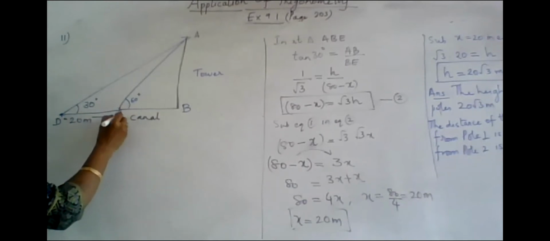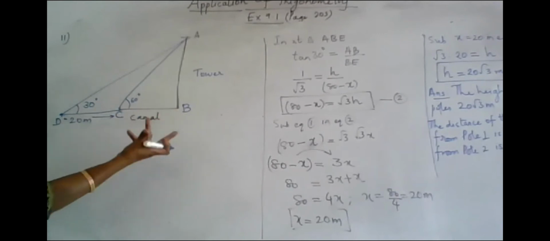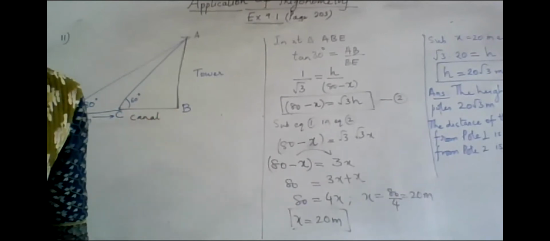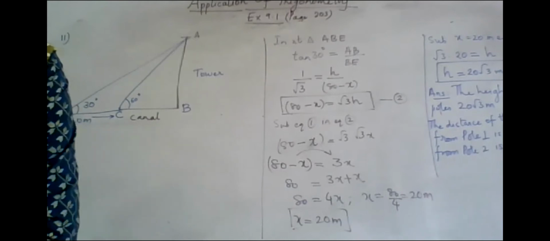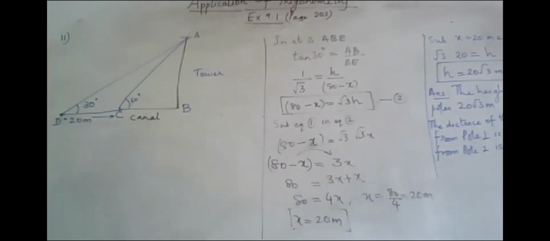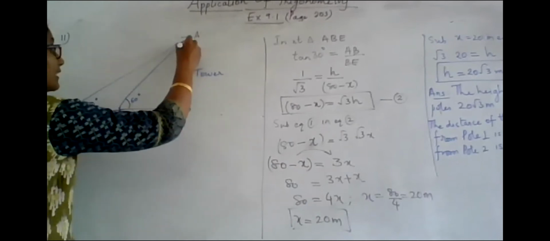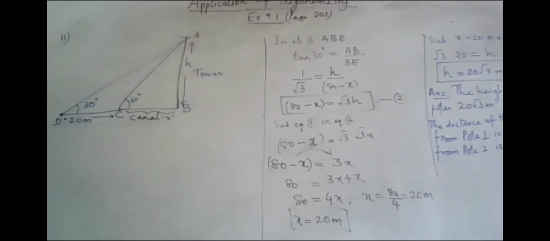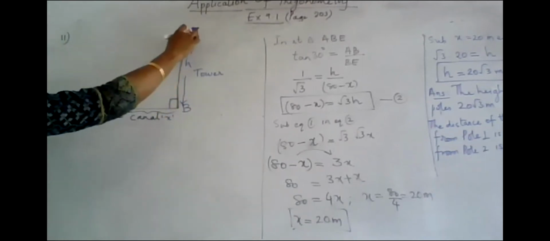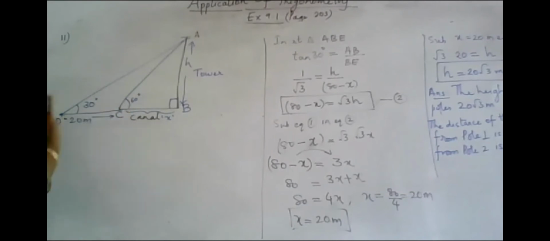This CB is what I don't know. I don't know what the width of the canal is. No, because you are asked the width of the canal as well as the height. So I will mark this as some x and this as h. So both my h and x I want. So how will I go about doing it? So are the two right triangles visible to you? ABC, acute angle is 60. ABD, the acute angle is 30. So we will substitute in both the places and find out what we can do there.